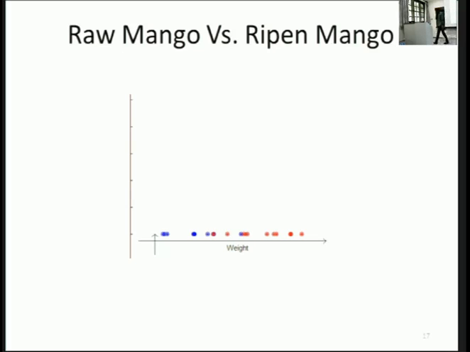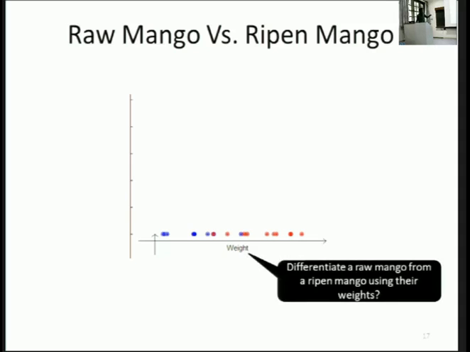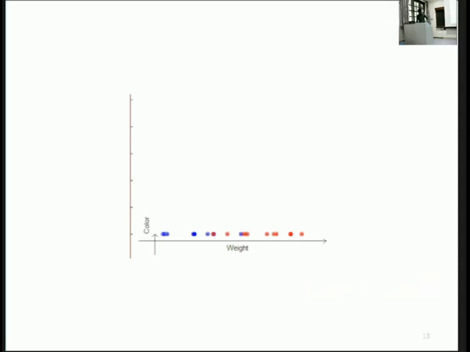So the idea is you have to put in more features. One way is adding color. Okay, sorry, we have a little video lag here. If I add color, probably this will happen. This is something which I just drew, but color and weight together will separate the raw and ripe mangoes. Now we have this plot with two pieces of information for each mango. The blue ones are the raw mangoes and the red ones are the ripe mangoes. Given a new mango, we want to know if it is raw or ripe. So what is the way of doing it?